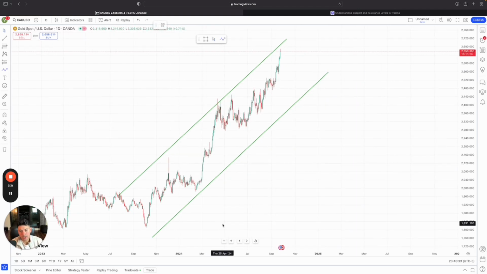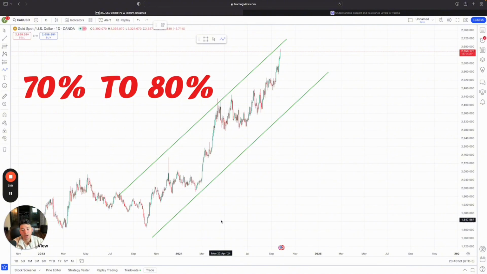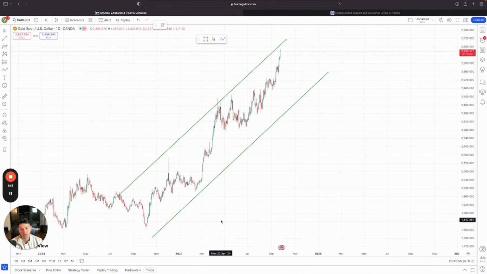The reason why I would never suggest to catch a sell on a bullish market structure is because of the risk to reward ratio and the chances of the price hitting your stop loss. The chances of you getting a buy on a bullish market structure are 70 to 80% more accurate than if you were to catch a retracement sell on a bullish market structure. What do I mean by that? I mean that if the market is doing this